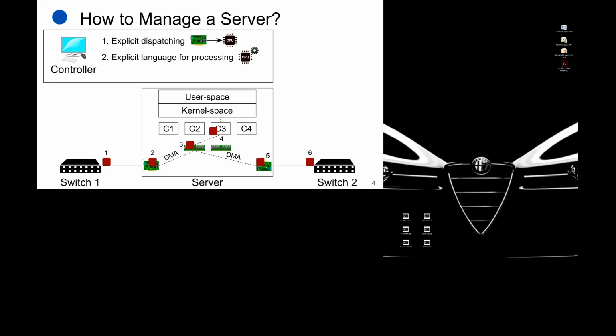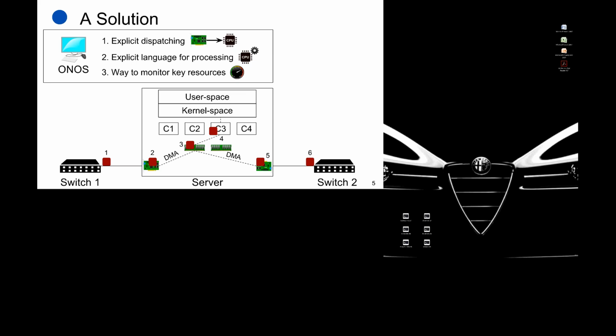And because we're talking about general purpose CPUs, this is a quite different task as compared to regular switches, as you can imagine. And the third requirement that we have is what is the way to monitor some key resources in the server such that the controller is aware of the state of the server at any given point in time. So in the rest of this talk, I will try to address these 3 questions with a very specific